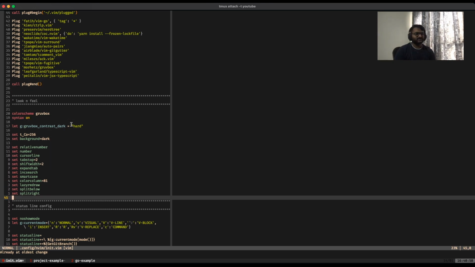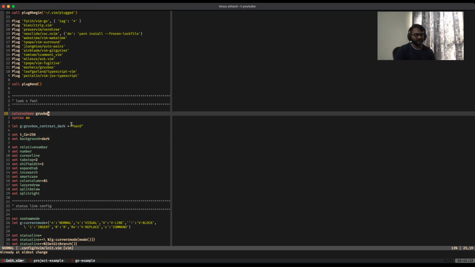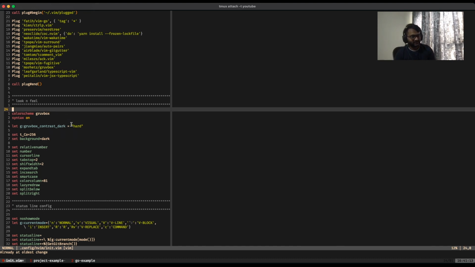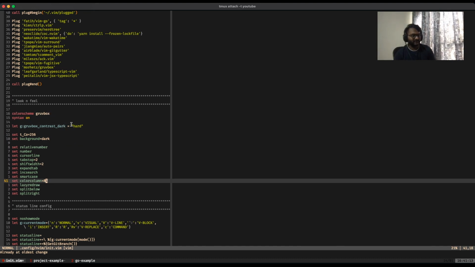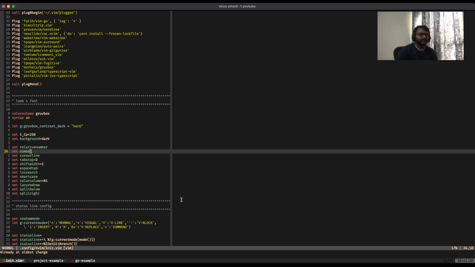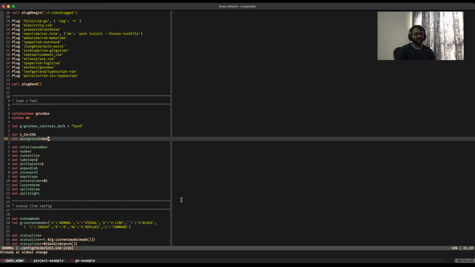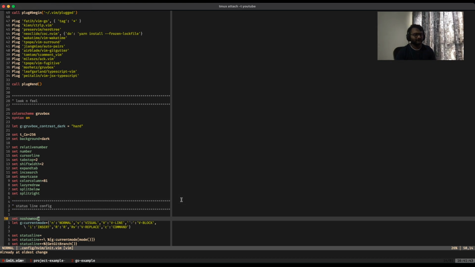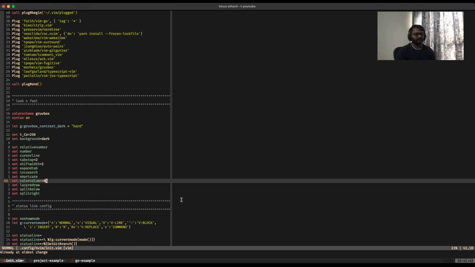So the next section you see here is all related to the basic look and feel of the editor. These are all basic Vim settings, nothing fancy here. Some things that I like here are color column 81, which is the line that you see here, which tells you that this is the end of 80 characters and you should stop writing, and you should make sure that you don't overflow this column. Then there are a bunch of other things like relative numbering, and some Groovebox contrast configuration, etc. All of this can be found in the Vim man page.